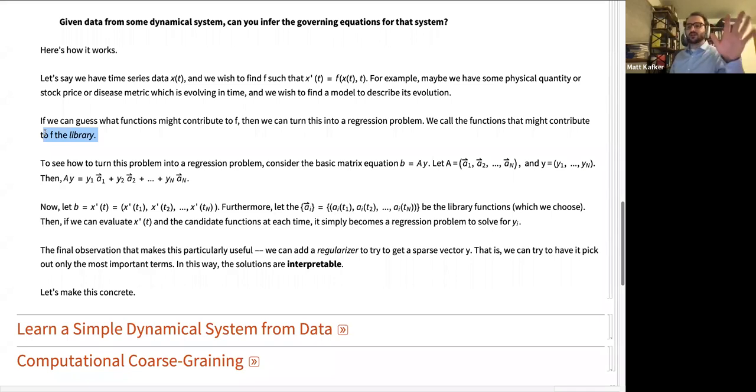And then we're going to try to find a linear combination of library functions, which reproduces our data, with the further requirement that it be sparse. So you don't just want to take all of your candidate functions and have them each contribute a tiny little bit and then reproduce your data. Ideally, you want some sort of interpretable model at the end of this. So if you can pick your library functions well, then it might just be that a small number of them contribute disproportionately to the solution here. So this is pretty standard regression, but it takes a couple of steps to set it up.